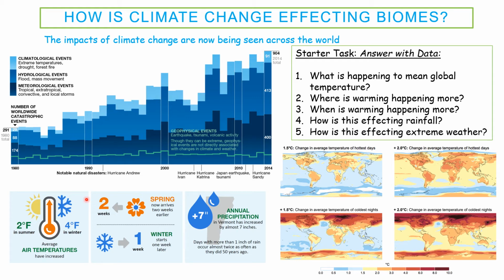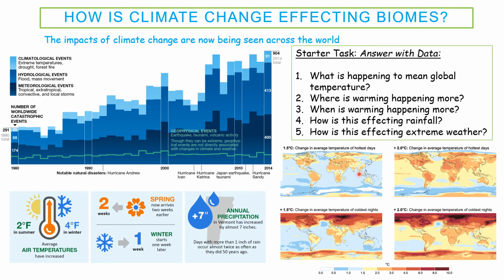All these things are increasing because as the climate increases, we have got higher than average air temperatures than we used to have. So the air temperatures in the summer are about 2 Fahrenheit higher, 4 Fahrenheit in the winter. Spring arrives about 2 weeks earlier in a lot of places, and winter starts 1 week later. The annual precipitation has changed across the world. So these are examples in Canada, but effectively